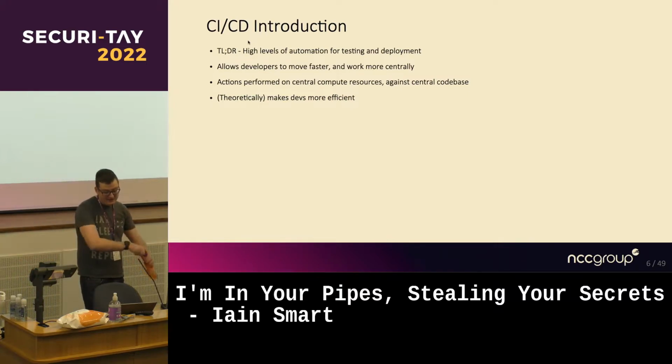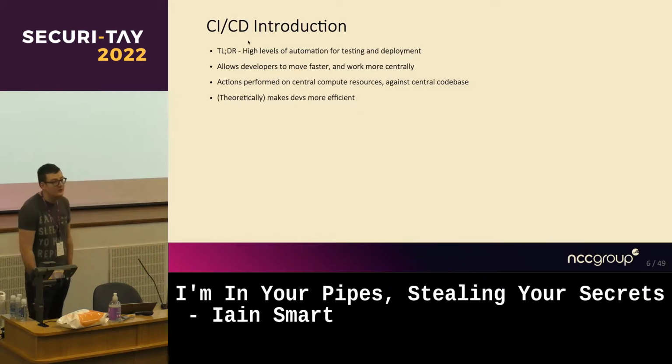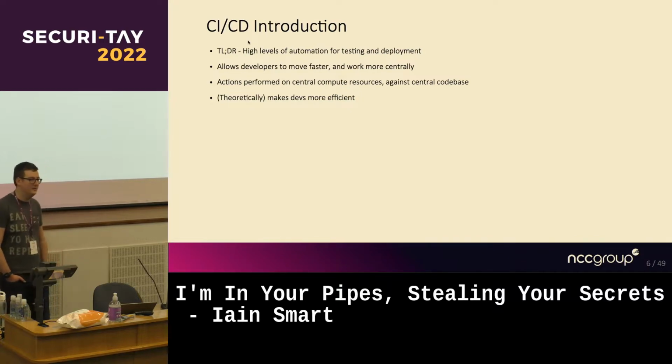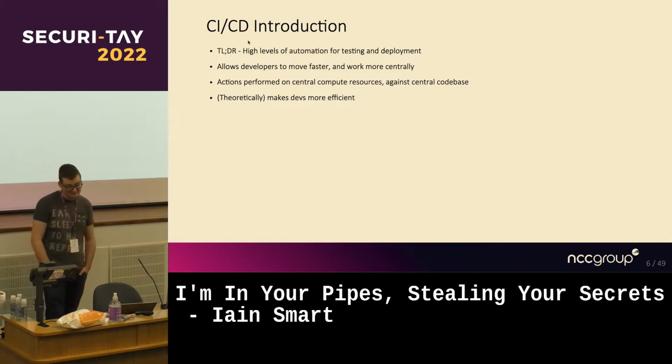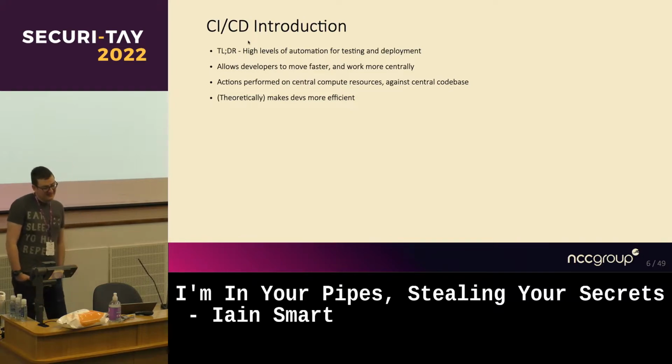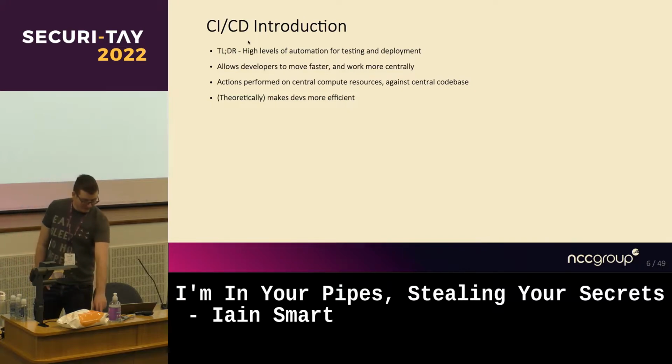And again, actions are performed on central compute resources, so you can get away with less powerful developer laptops. I mean, let's face it, most devs are using overpowered Macs anyway, but you can technically write the code on a Raspberry Pi, fire it off to a central cluster, and the beefier compute tasks will happen centrally. And in theory, devs are made more efficient by not having to worry about all of this automation, because a DevOps approach will lead to devs just writing code, and then the magic automations make the code do stuff, which we'll talk about a bit more later.